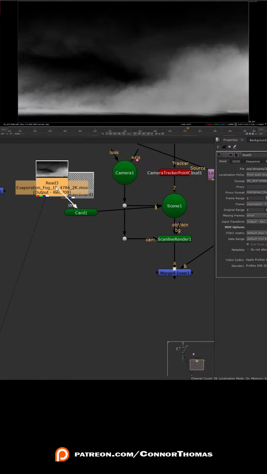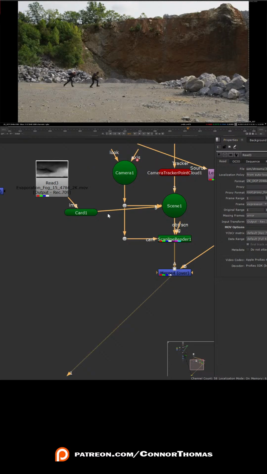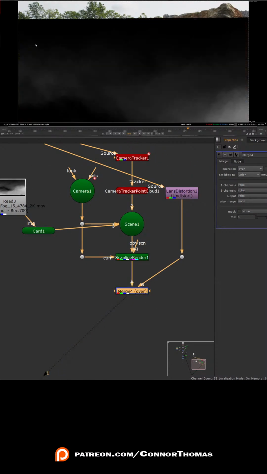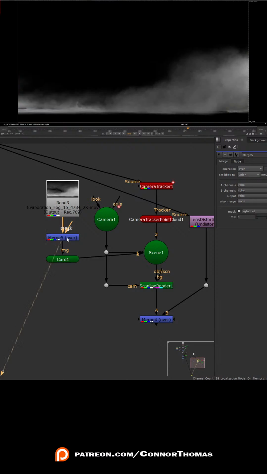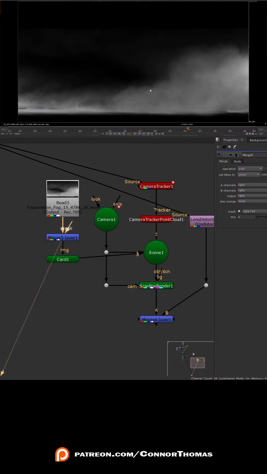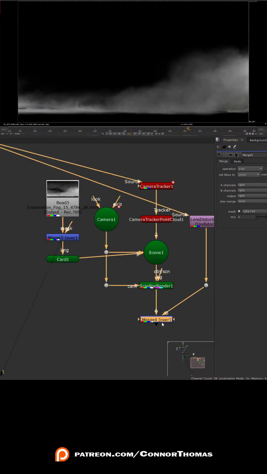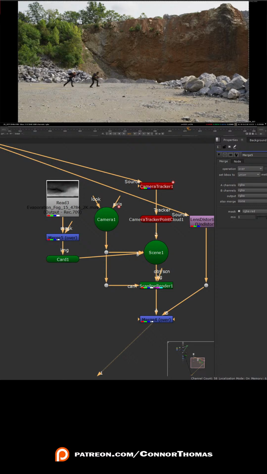If we go ahead and just change our image from our card to that, we will see that over inside of our comp. We make sure that we're not losing it completely. But here we go. This is our dude. But he's got a black background, and there's a couple ways we could remove that. I found sometimes the easiest way is just using a merge node and then using the mask from your image there, and then just setting this to like red or something like that. And now if we go view this, you'll notice that the alpha channel is just this evaporation fog directly on the image. It is a little hard to see in here, and that's because,